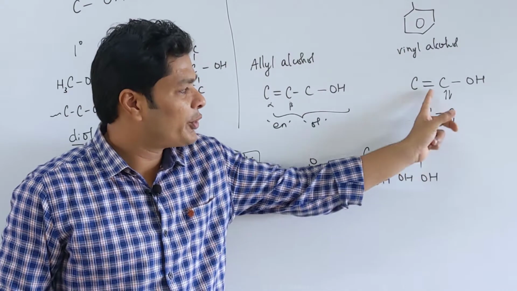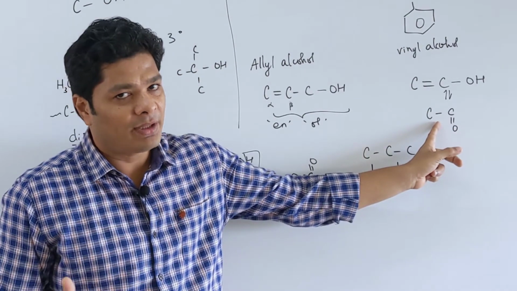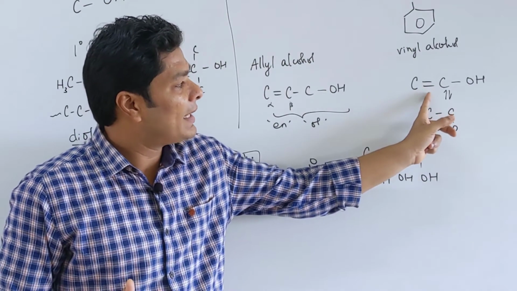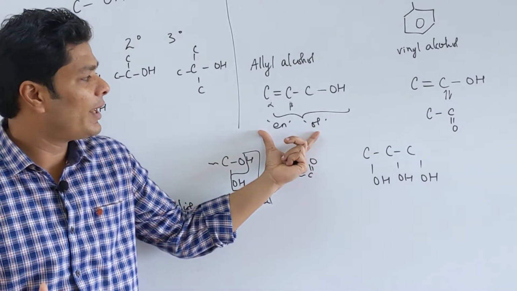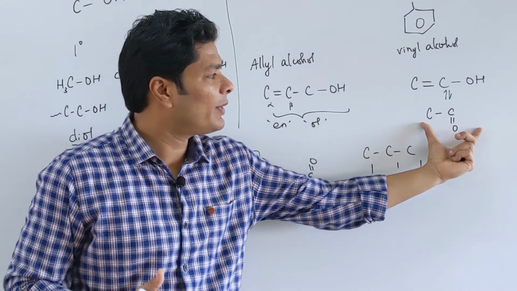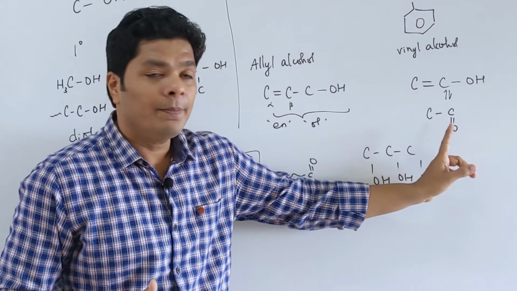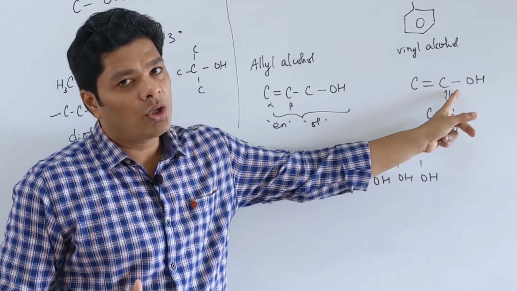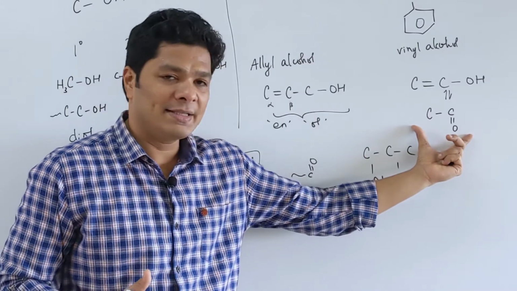I'm just going to jump straight over here. The tautomerization is a completely different chapter. I have done this extensively, so I don't want to bring it up here. Anytime you have an ene and an ol adjacent to each other, they can tautomerize. Here it is not adjacent, so it cannot tautomerize. Where it can tautomerize because they are adjacent to each other, it will give you the corresponding aldehyde if it's terminal. If it is non-terminal, then it will give you the corresponding ketone. We will see this as examples.